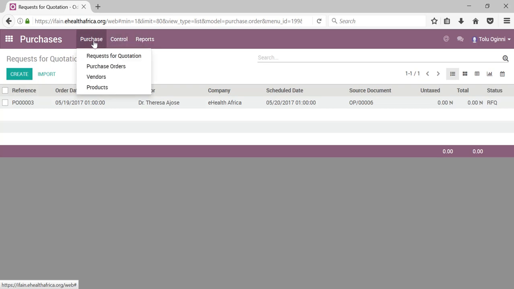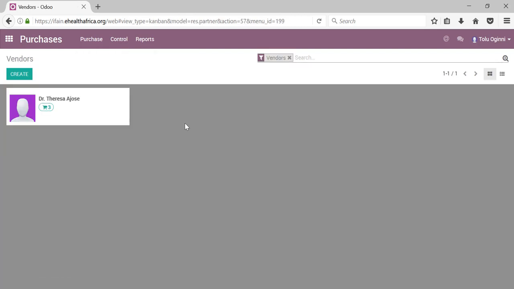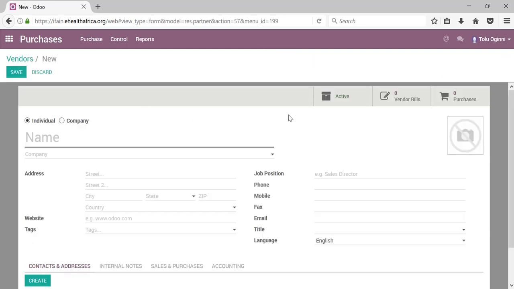So under purchase, I'll click on that and then I'll see there are other sub options, sub menus. And what's important is to click the vendors option. So once I click that, it takes me to a page where I can see all the vendors on the system. In order to create a new vendor, I click the create button and it takes me to the vendor